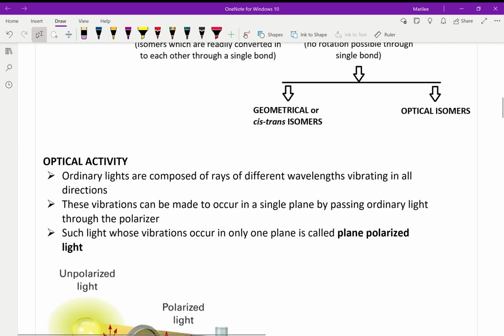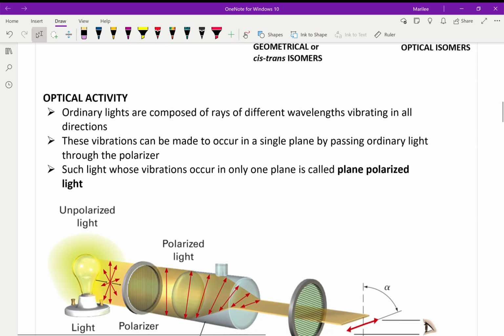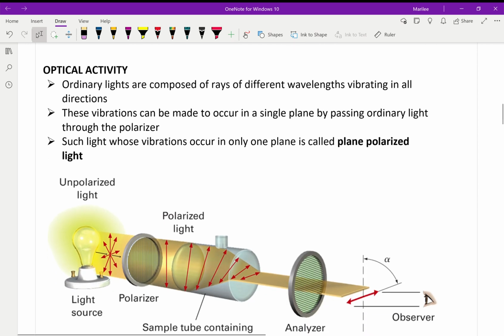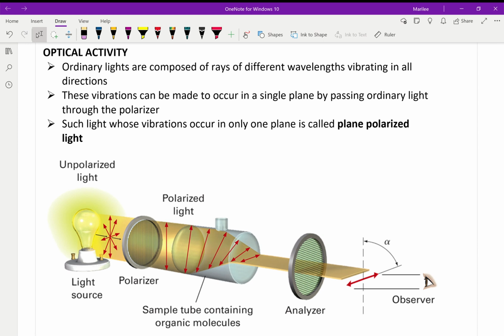So optical activity. Ordinary light is composed of rays of different wavelengths, vibrating in all directions. And these vibrations can be made to occur in a single plane by passing ordinary light through the polarizer. So we have our light source, and we have the rays vibrating in different directions, and then we have our polarizer. So once it passes through the polarizer,